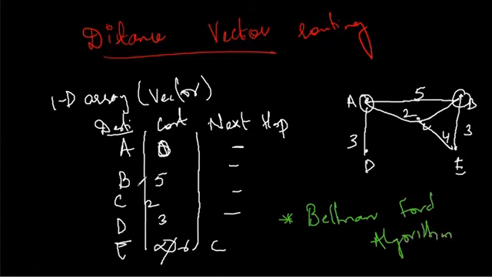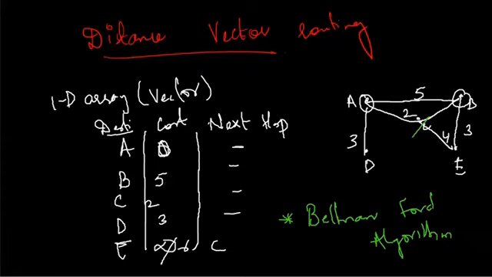Basically, after some amount of time, each router sends its table to its neighbor, and each and every router then updates its table based on the new information. Suppose router C is down, then what will happen? B will inform A, or A will inform B, that it is unable to reach C. In that case, A will again update its table by changing the route to E, and for C it will mark it as infinity if it is unable to reach router C. So basically, this is what happens in distance vector routing.